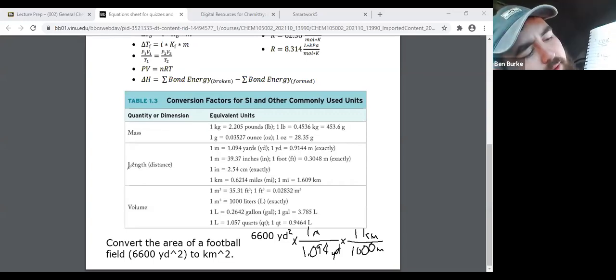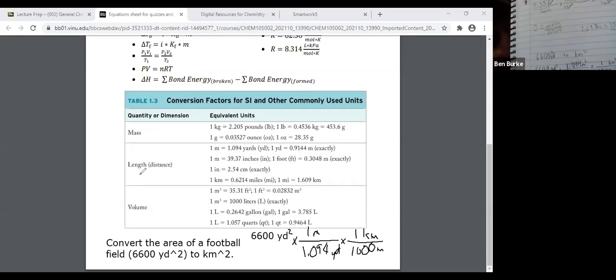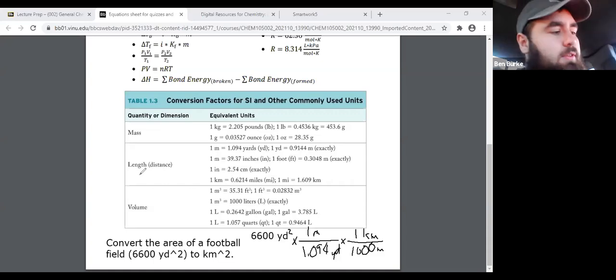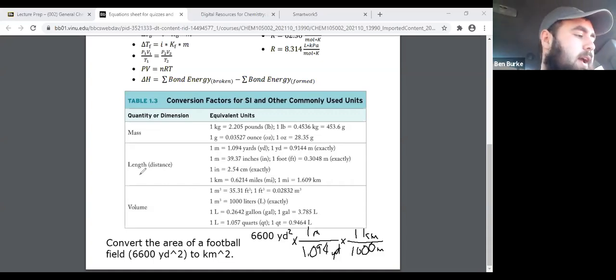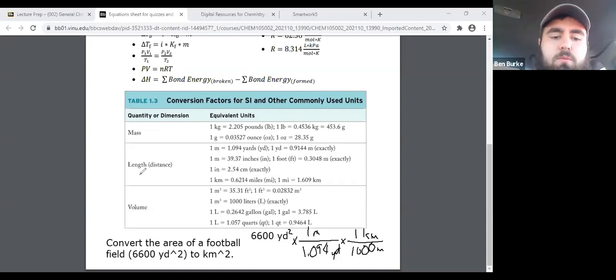Actually, I think I messed up. I'm not sure if you can see that, but I got the meter squared on the top next to it. I don't think I was supposed to do that. Or actually, yeah, I didn't do that. I didn't divide the 1.04. Okay, so